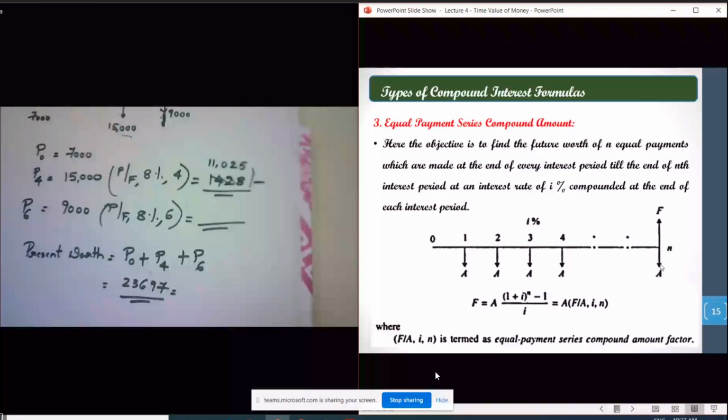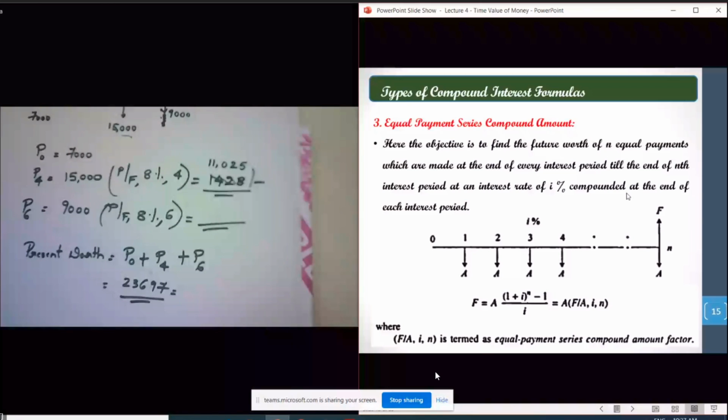The third characteristic is that the deposit or the payment will be done continuously at the end of each year. There are no alternate years. You can see the deposit or the payment is done at the end of each year for a period of n years, so 1, 2, 3, 4 up to n, you have the deposit, and the value of the deposit is A. That means the annuity factor characteristics have been met.